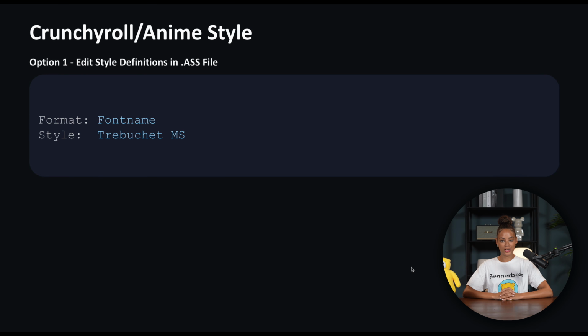This is probably the simplest change that we'll make today, but the effect is instantly recognizable. The entire change here is just the font. Everything else stays at default. In your ASS subtitle file, change the format and style lines to this,